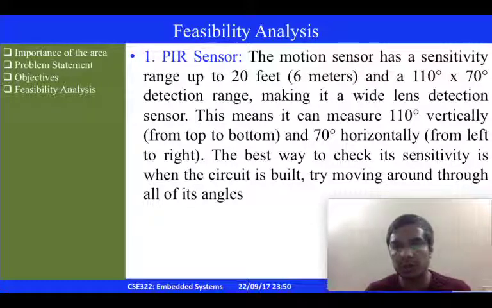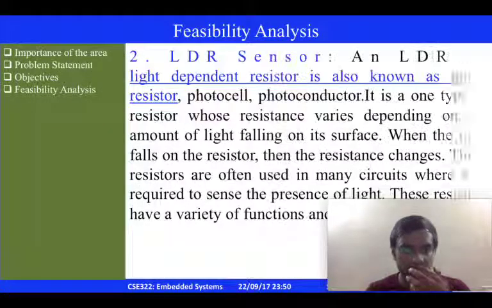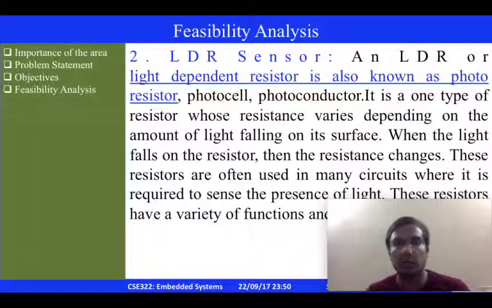The best way to check its sensitivity is when the circuit is built. Try moving around through all of its angles. Next comes the LDR sensor. An LDR